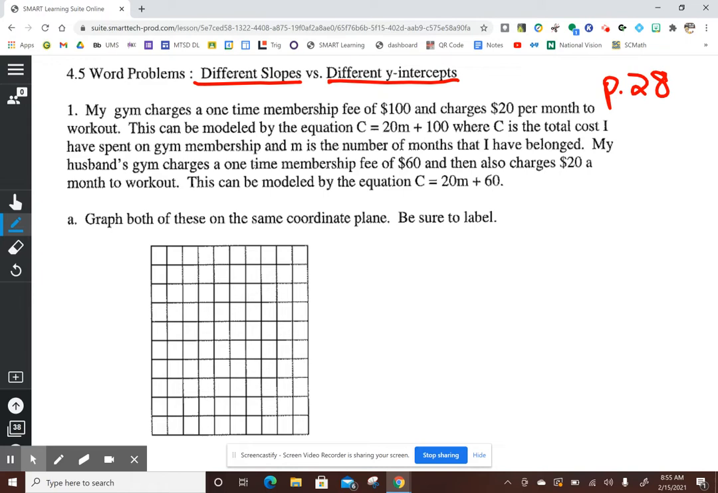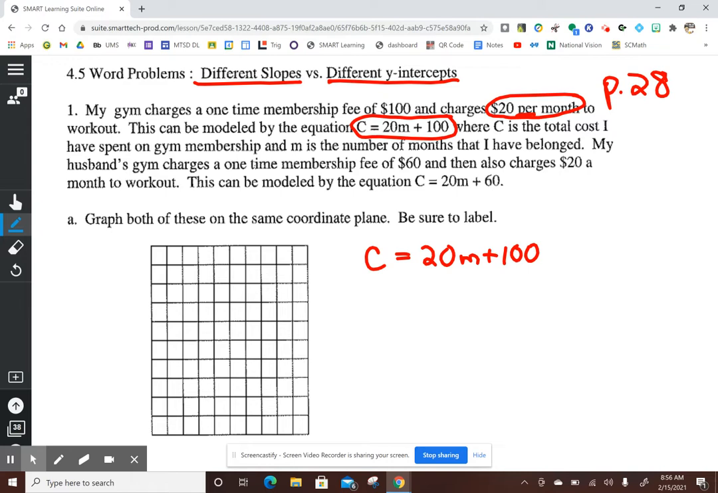So let's look at this problem. It says, my gym charges a one-time membership fee of $100 and charges $20 per month to work out. This can be modeled by this equation. Now notice it said 20 per month. When you see that word per, you know the 20 is going to represent the slope. So one equation is C equals 20m plus 100. Okay. And C represents the total cost I've spent on gym membership, and M is the number of months I